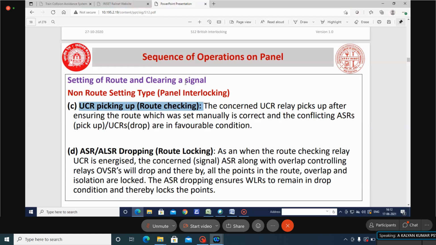So this track circuit position only in HR we are going to ensure whether all the controlling tracks are in up or not. In the UCR, we are going to check the point position of the route, whether the points in the route are in correct position or not. So once this checking is done, if it is found correct, that means the UCR has picked up, then I am going to